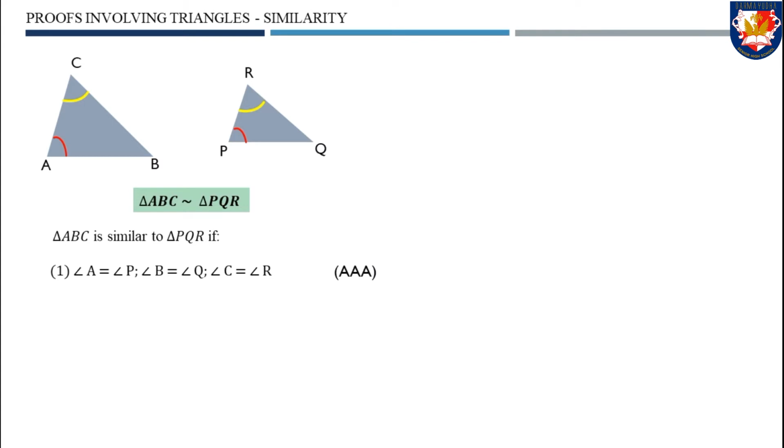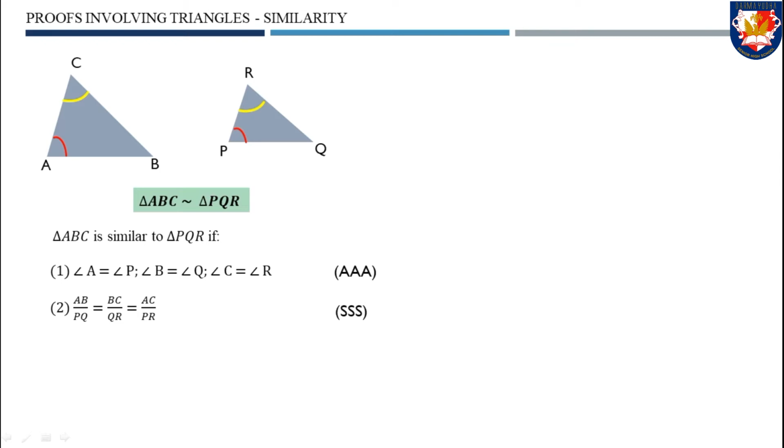First, all corresponding angles in the triangles are equal, or triple A, or triple angles. Angle A equals angle P, angle B equals angle Q, angle C equals angle R. Second, all ratios of corresponding sides are equal. AB over PQ equals BC over QR equals AC over PR, or what we call triple S